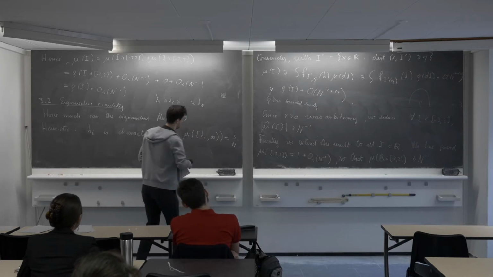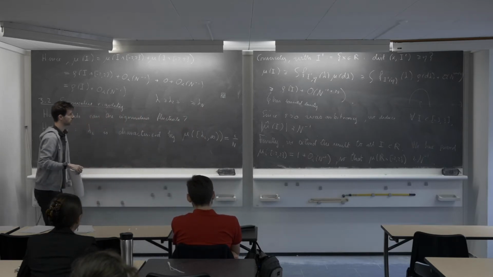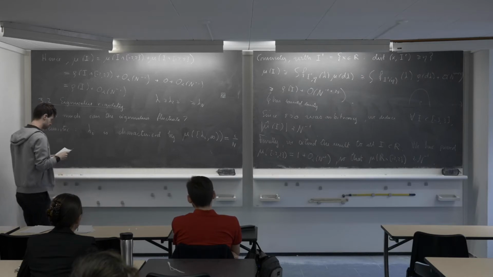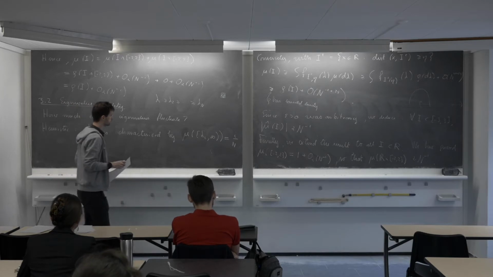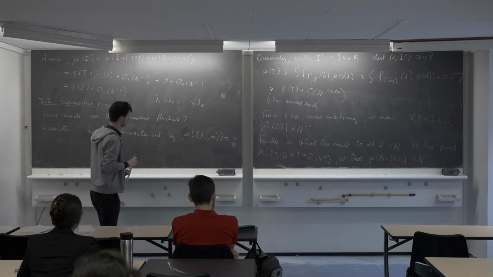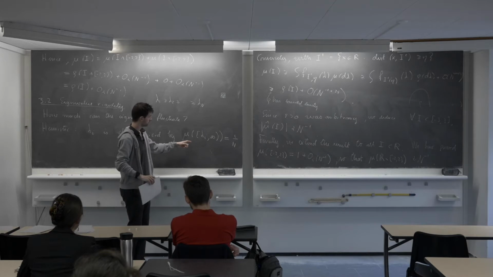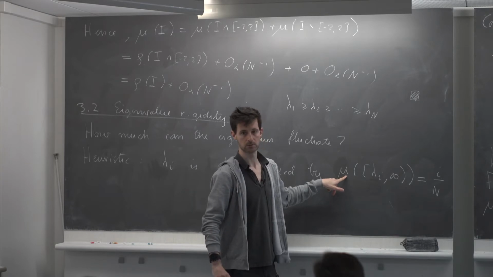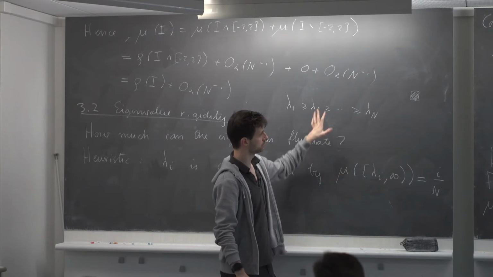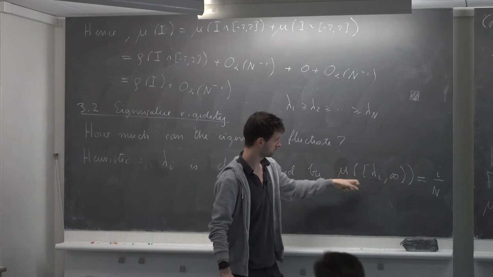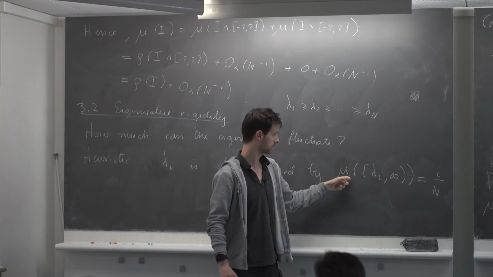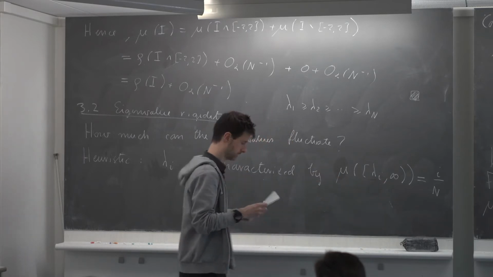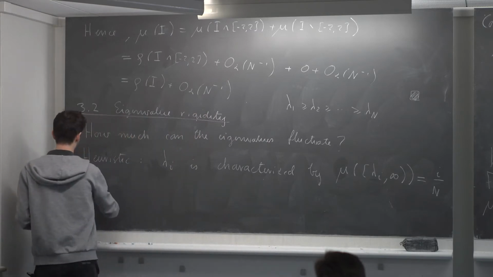So in this way we can get information about the locations of lambda i. And what's the idea? The idea is we ask, what points would I get here? What values of lambda i would I get if I replace the measure mu with the measure rho? By now we know, thanks to this previous theorem, that these kinds of things are very well approximated by the same thing when I replace mu by rho. So I define